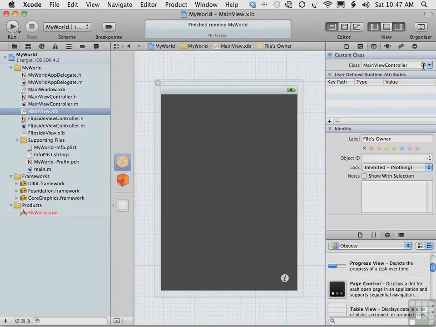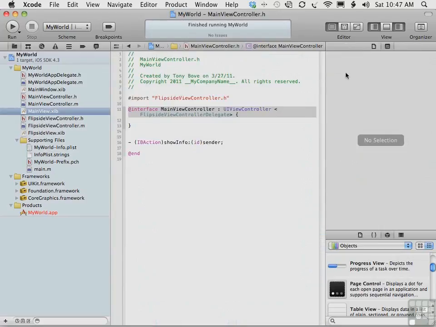You can click the circled arrow here next to MainViewController to go right to the code in MainViewController.h and see the @interface directive for the class in the MainViewController.h file. So you know that this nib file, mainview.xib, is linked directly to the MainViewController. Of course, the utility app template set this all up for you without you having to lift a finger. To see how it's all set up, let's go and look at the code in